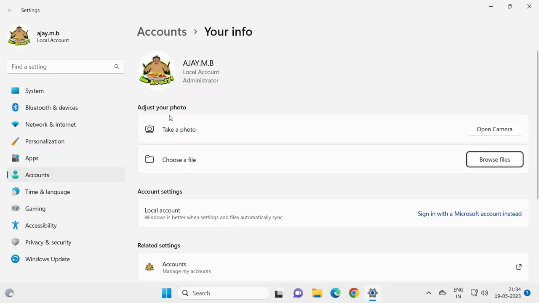In here, adjust photo, take a photo option here, guys. You can take a photo also, and you can choose a file, whatever you have downloaded or anything else in your computer. You can easily browse here, guys. Click on browse files